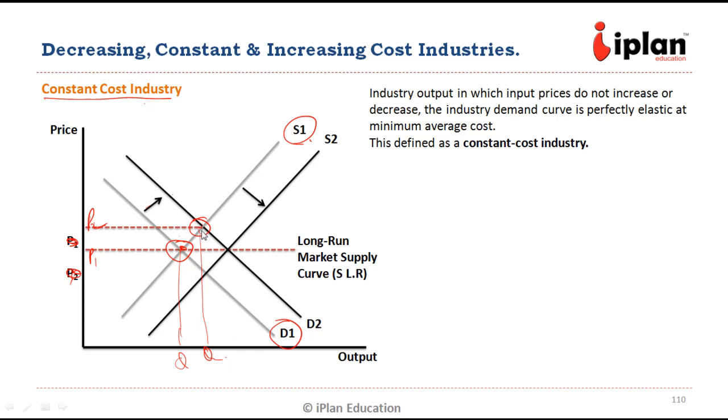But when the price increases, even the input cost will also increase because of the higher wages. The demand for these labors will go up. Due to that, the supply curve is going to shift rightwards and they are going to cut at a new level. The new demand curve and new supply curve will cut at this level where the quantity is even higher but the price comes back to the same level. So this industry is producing more and more with time, but the cost remains the same. So it is called constant cost industry. Let us look at the other cases.